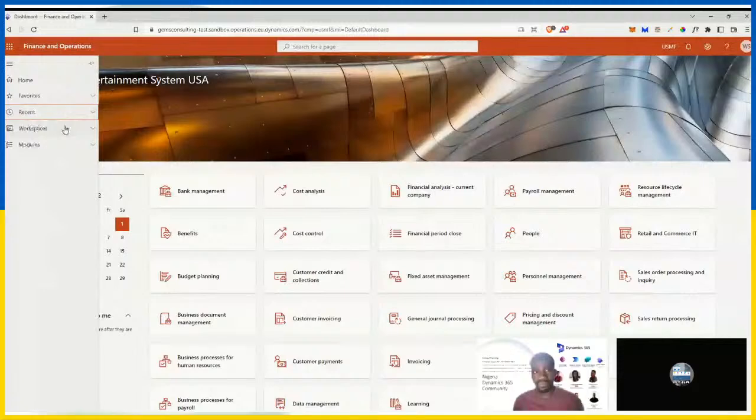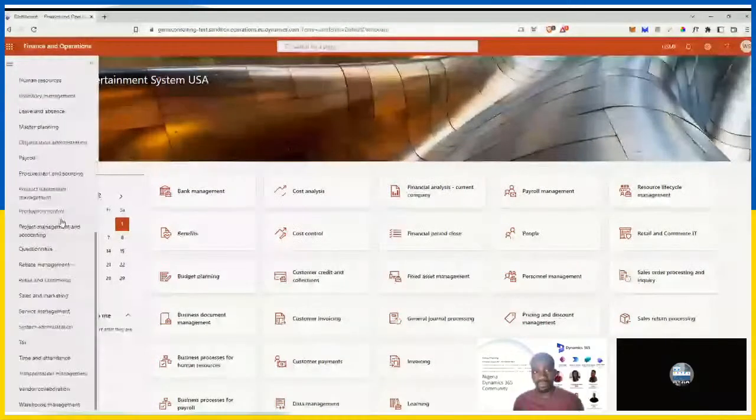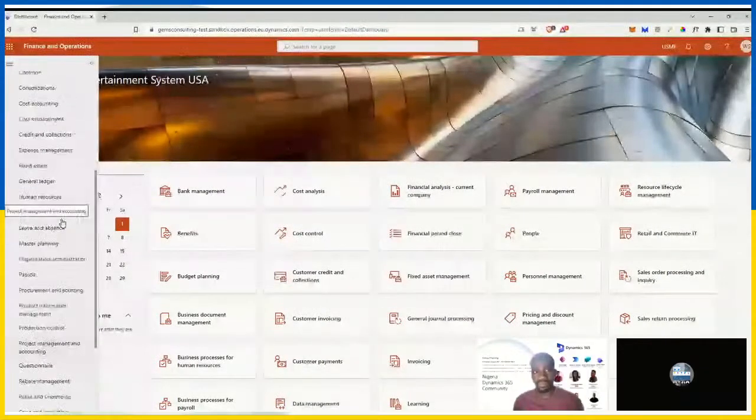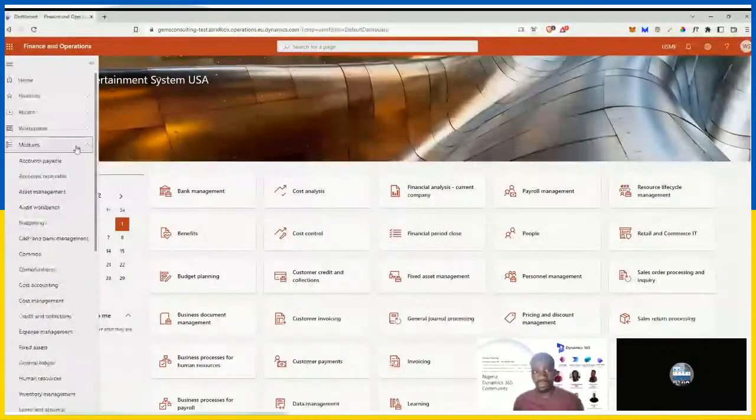Dynamics 365 F&O has different modules. Here, a module is the grouping of different forms and tables relating to